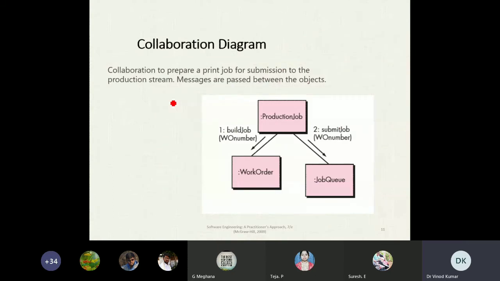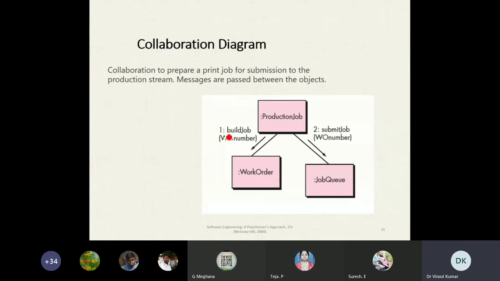Next, the collaboration diagram you have already seen. Here, the collaboration to prepare a print job for submission to the production stream. Messages are passed between the objects. So the print job is there.